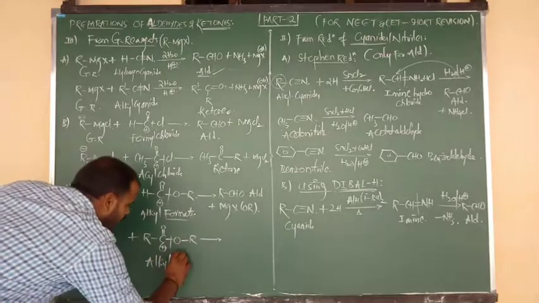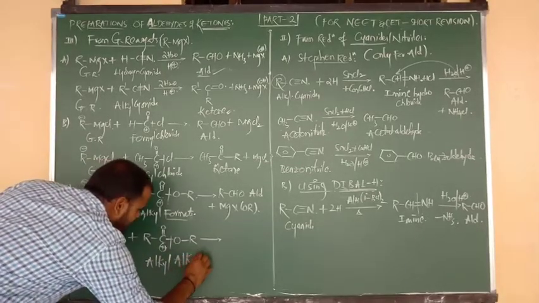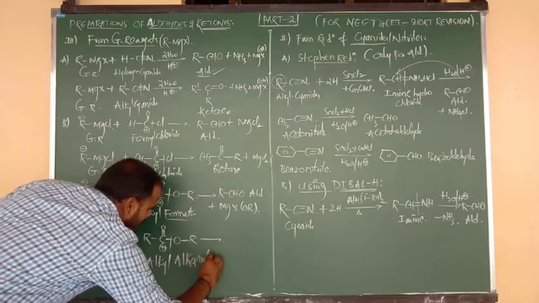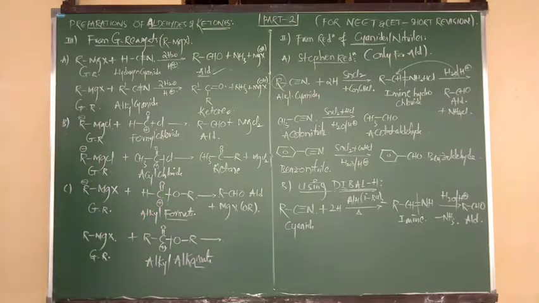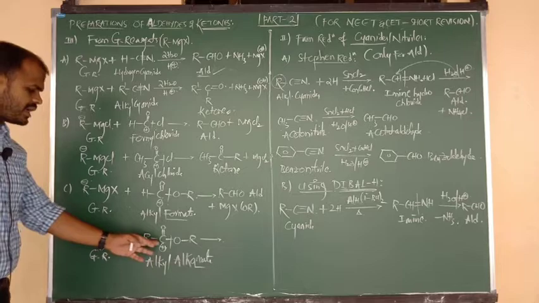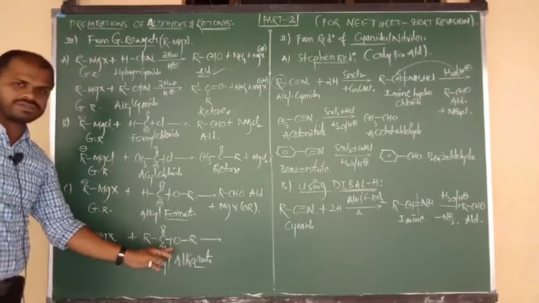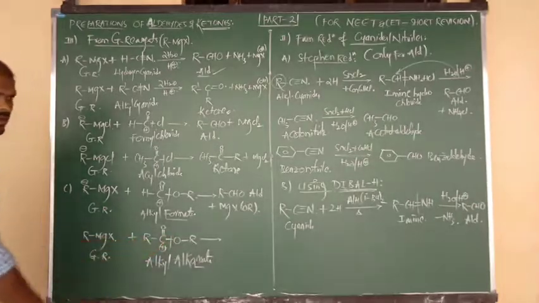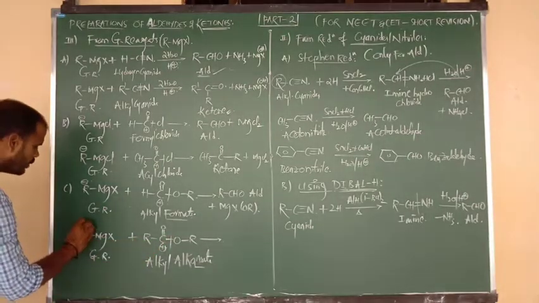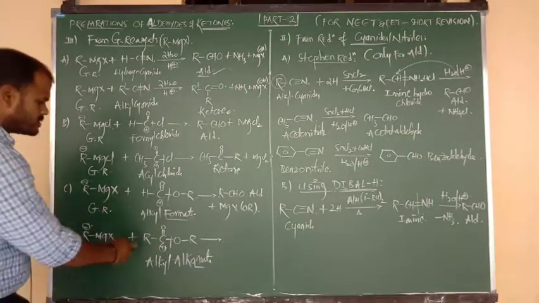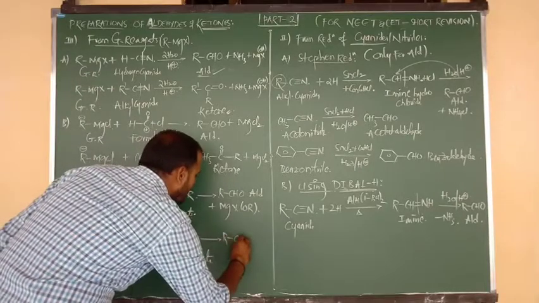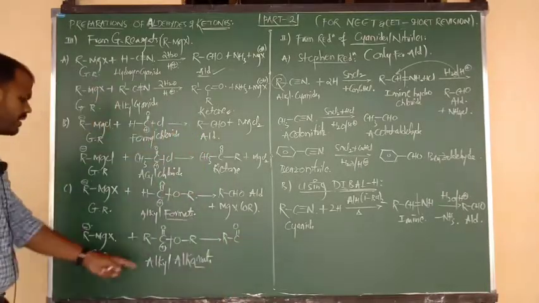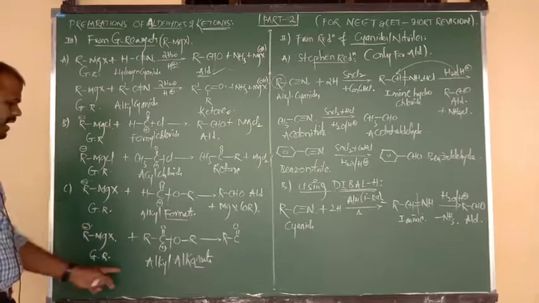Remaining is nothing but alkanoate because it is an ester. Alkyl alkanoate. So Grignard reagent on reaction with alkyl alkanoate again gives the compound, which is nothing but what? Ketone. R bonded to C double bond O contains the positive charge, and goes to be attacked by R minus. So R C double bond O, this group I am going to write right here as it is. Positive species going to be attacked by R minus group.